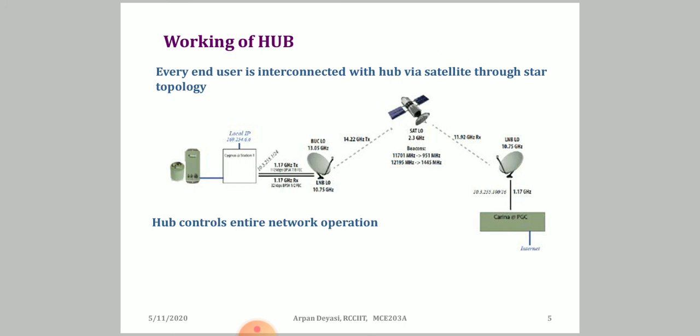So the question, once I go to the router and modem and the subscriber's network related parameters, then a very important factor is the working of the hub. So how does the hub work? Every end user is interconnected with the hub via satellite through some star topology, or it may be through some mesh topology also. So basically the hub controls the entire network operation. You may ask how the hub basically controls, and for that purpose I am drawing a diagram for you